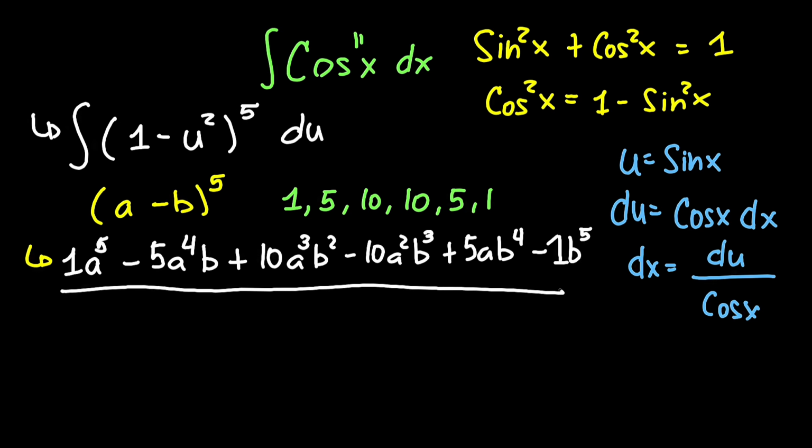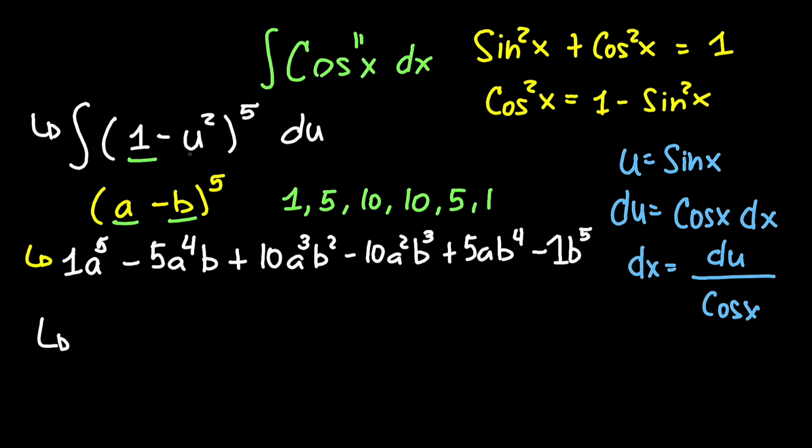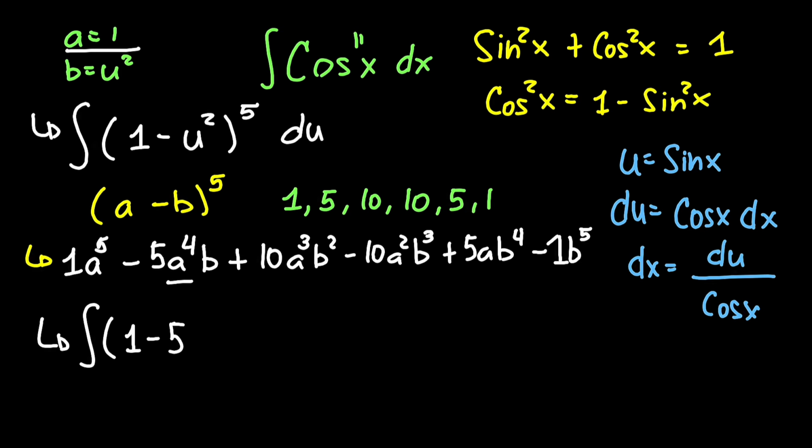Since this would be our formula now, we can put a here as 1 and b here as u squared. So by the formula, just replace all of this. This would be the integral of 1 multiplied by a to the power of 5, which is 1, is simply 1 minus 5 multiplied by a to the power of 4. A again is 1, so just assume that all a values here are always equal to 1. Just focus on b. B here would be u squared